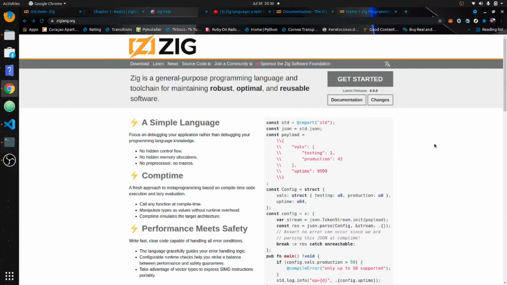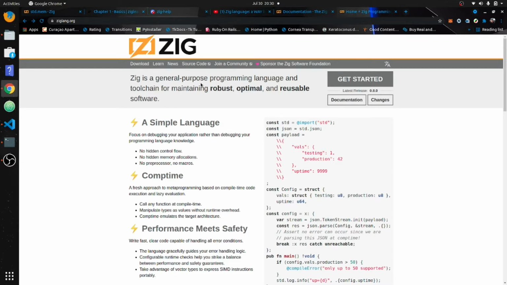Okay, Zig. I've been wanting to cover this language for a while since I first heard about it. It looks a little bit like Rust, but there are a few different quirks in there. It has easy integration with C. We're going to get into a lot of code here, but it's a fast language. Unlike Go, it doesn't have a garbage collector or anything like that. So this is going to be a competitor to these newer languages like V, Rust, and